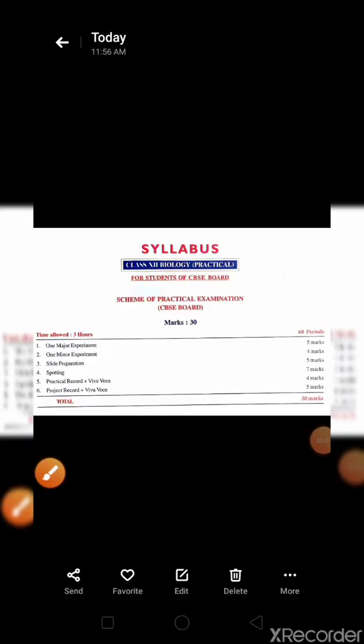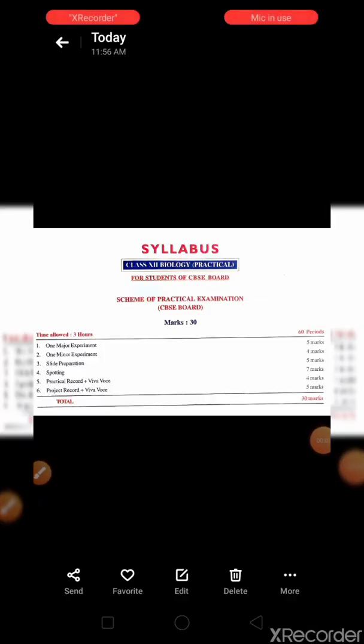So children, now I am showing the syllabus of class 12th practical biology. First of all, you can see the pattern of the question paper on your screen. In your question paper, 6 questions are there, and the question paper is of 30 marks. See, first,